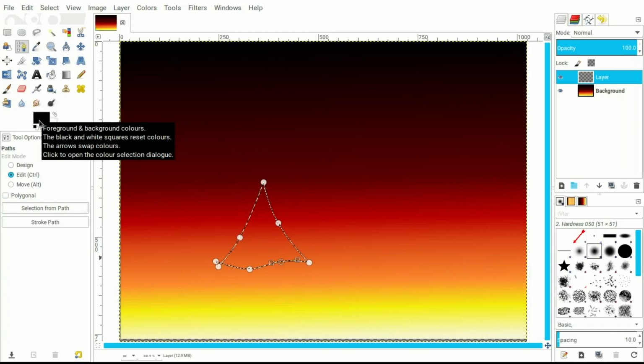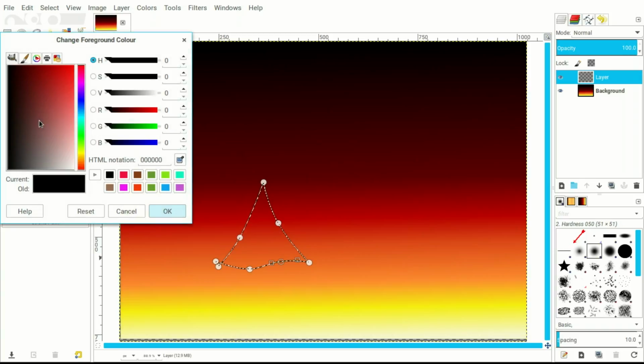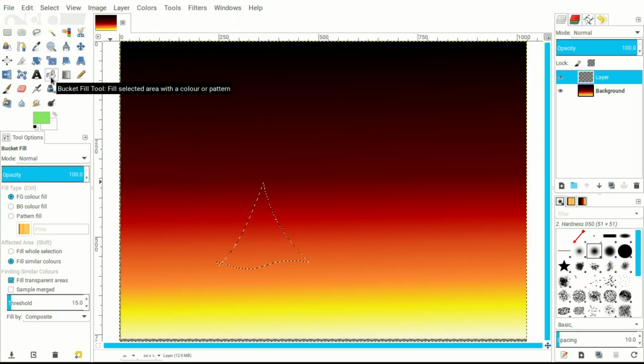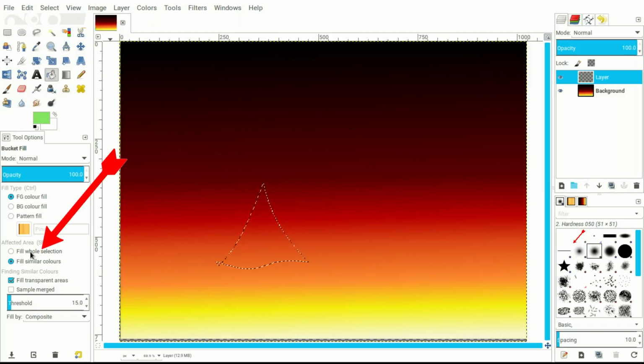Now I come up here and click on my colours and choose a light coloured green. You can click on here and then choose your light colour green. Just pull it down till you get the nice colour lightness. Now we go to the bucket fill tool and click on Fill Whole Selection. Click in there,